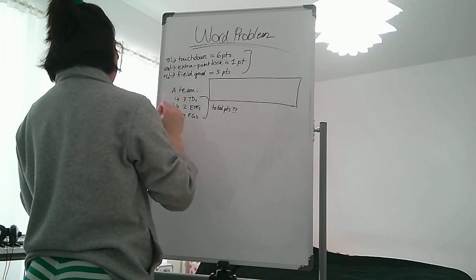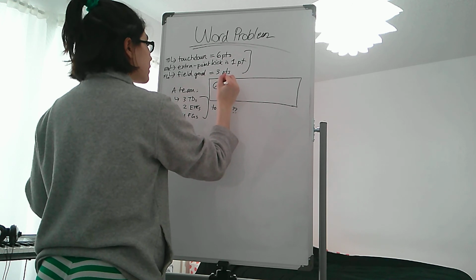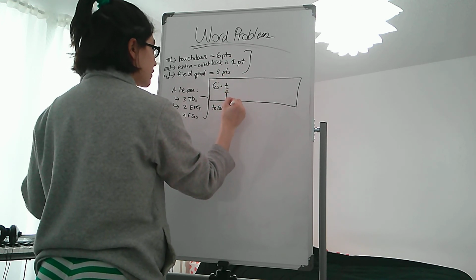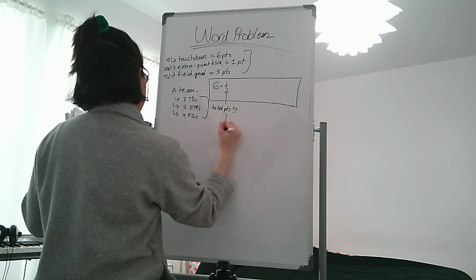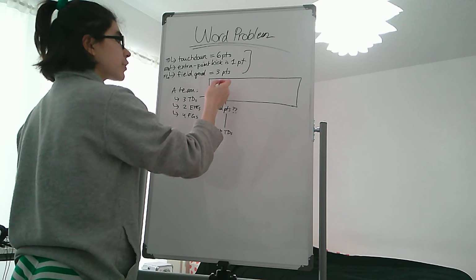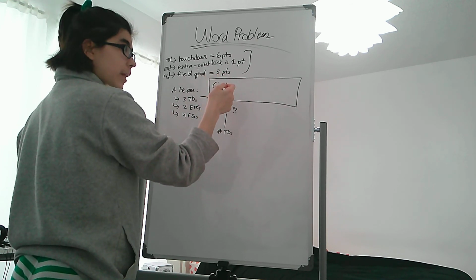Okay, so let's say we've got 6 times t, okay? T is the number of touchdowns, right? So for every touchdown, you're going to get 6 points, right? That's why we multiply it. So like 2